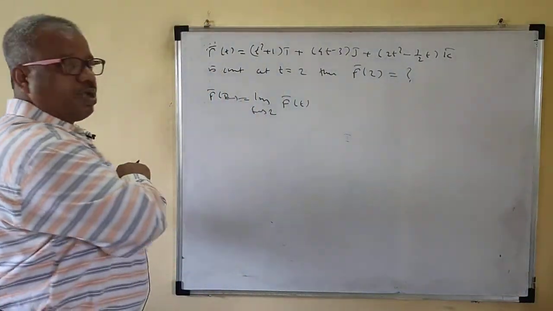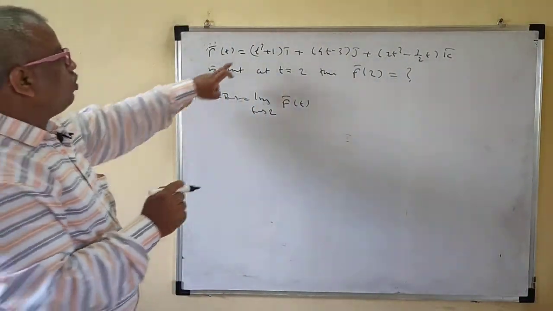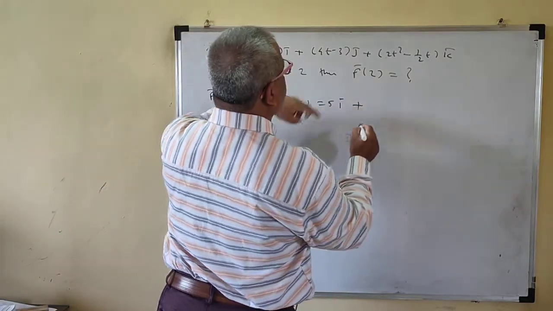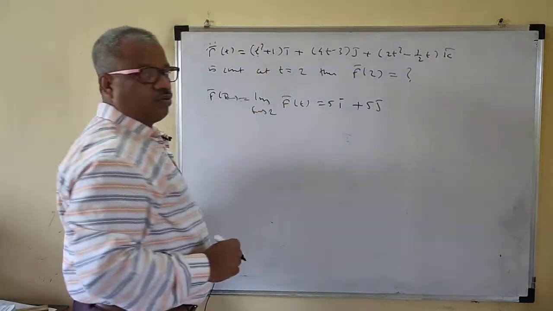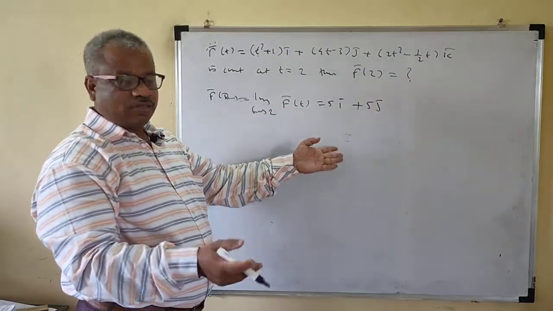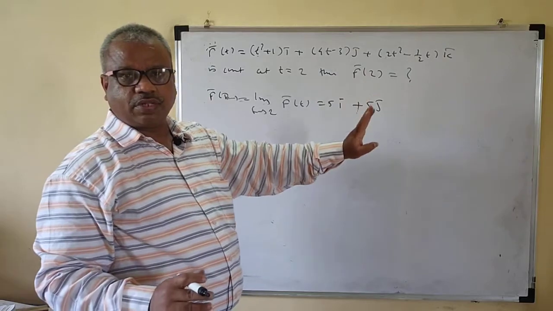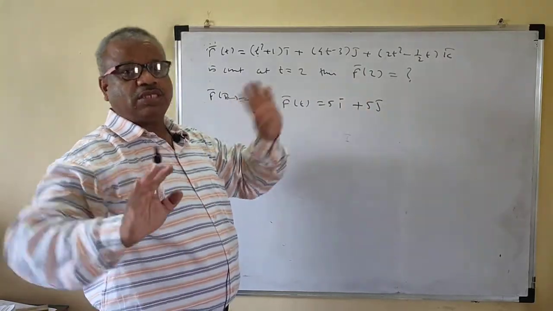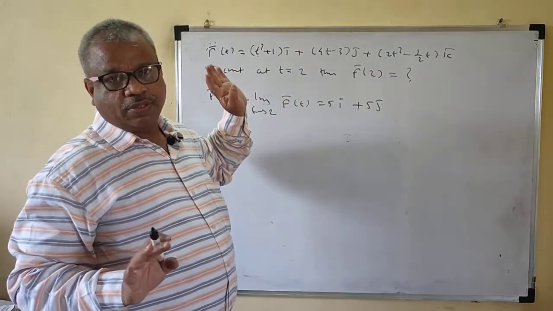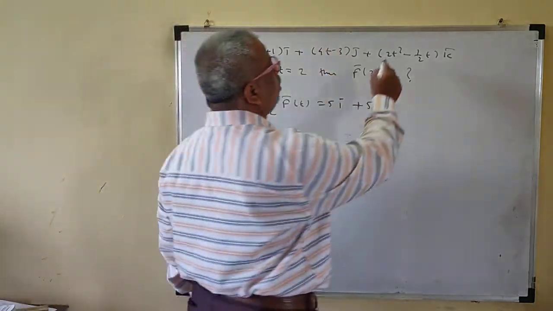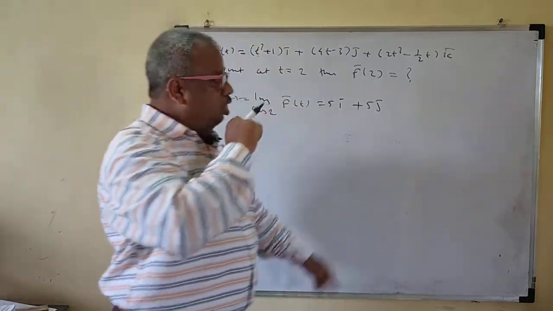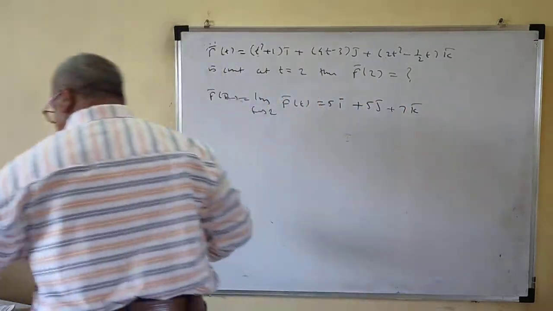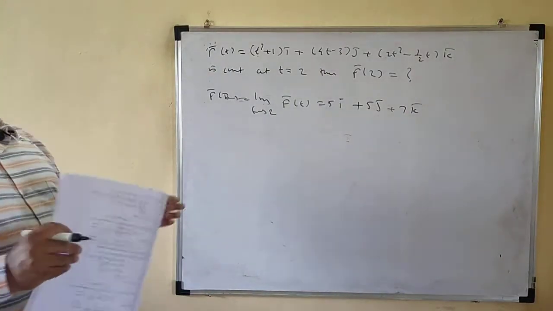Okay, so that means we have to put t is equal to 2 only. So what is this? T square, this is 5 I bar. This is 8 minus 3, this is 5 j bar. Now check where is the 5 I bar, 5 j bar, just tick mark this. Don't find the third component also. But if the first and second components are the same, we have to find the third component only. Now just find the third component. This is 8, 8 minus 1, this is 7 k bar. So look at the options now.